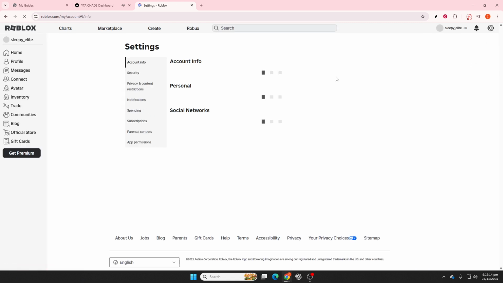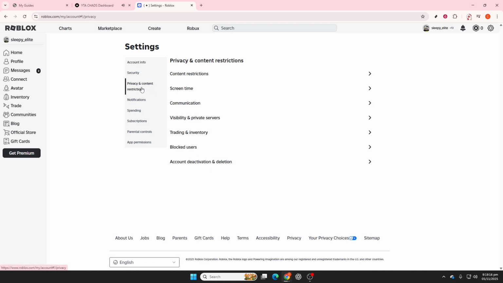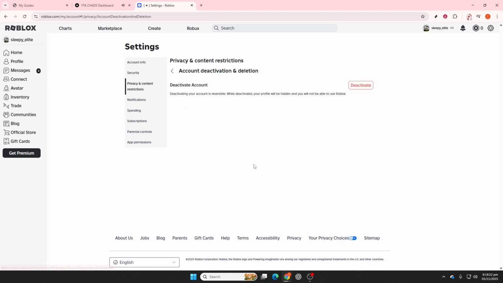Next, if you have a Roblox Premium subscription, you'll want to cancel that. Simply head over to Settings, then Billing, and select Cancel Subscription. While you're managing your account settings, it's wise to clear out any payment methods you might have saved under your Roblox account. This not only ensures that you won't be charged unexpectedly, but also adds an extra layer of security